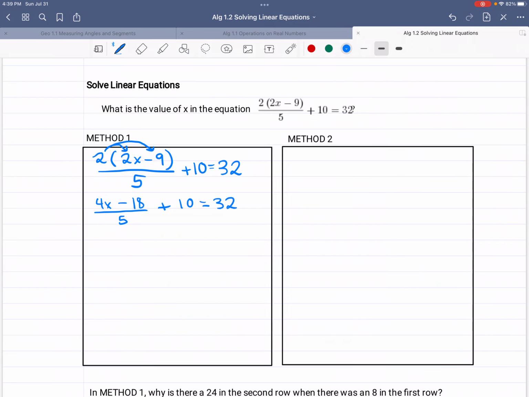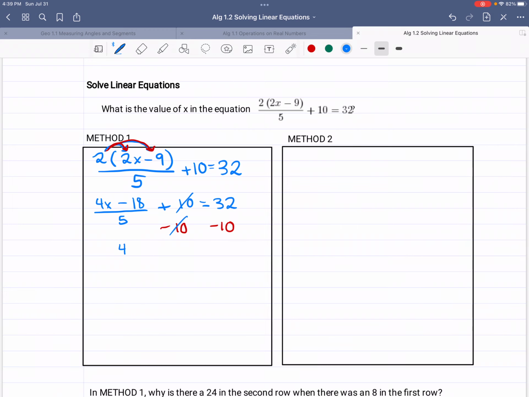Now we look at the x and what has been done to the x. We've multiplied it by 4, we've subtracted 18, divided by 5. Then we added 10. The last thing we did was add 10, and so that is what we're going to do to both sides. We're going to subtract 10. And I'm going to also make this distribute in red so that you could see what we did first. Okay, and the 10s cancel,